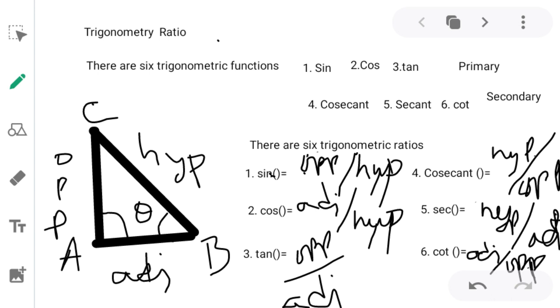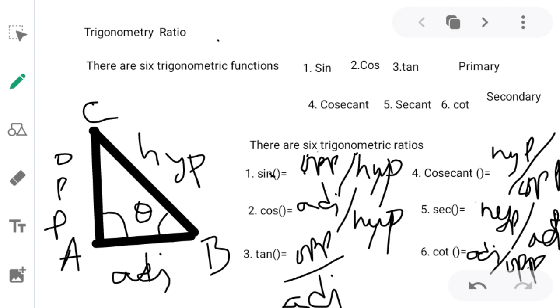Taking the reference angle at B as theta, the side opposite to theta is called opposite, which I have referred to as OPP, and the side joining theta is called adjacent, ADJ. As you know, the side opposite to 90 degrees is called the hypotenuse, HYP, which is the longest side of a right angle triangle, and it is always taken as positive. When we add theta to any of these functions, it becomes, for example, sine theta. Initially without theta it's a function; by adding theta it becomes a ratio.